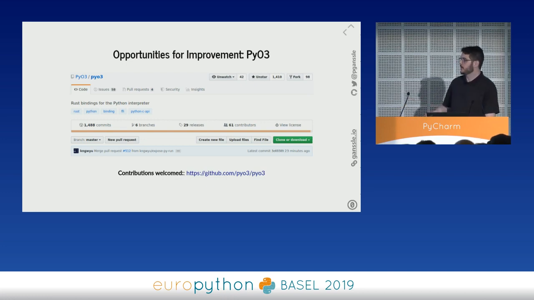I am not a committer on this library, but I would be happy to review any pull requests that you want to make, because I think that both of these approaches could really turn out to be something special in the long run, and it could allow us to use more Rust and more Python, because I think there's a lot of synergies between